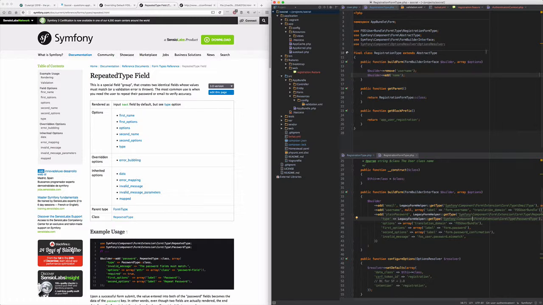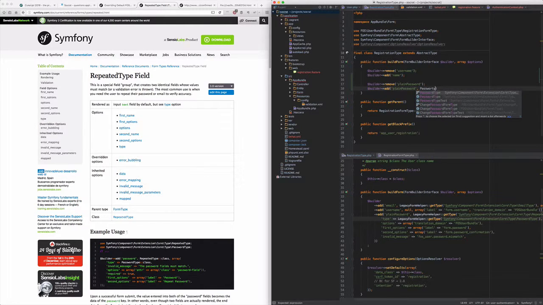So I think here's our form. We first just remove plain password, and now we add plain password. It will be password type,